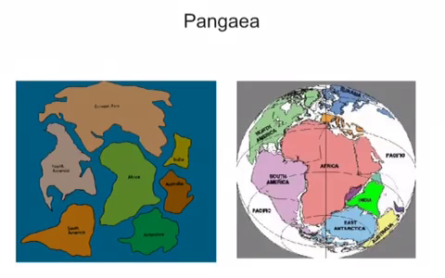So first of all, let's have a look at this idea that in the past there was a supercontinent called Pangaea. This idea was originally proposed by Alfred Wegener, who lived between 1880 and 1930. And he proposed the idea that once all of the current continents were much closer together and joined. So you could almost imagine